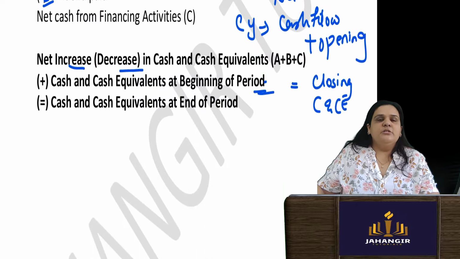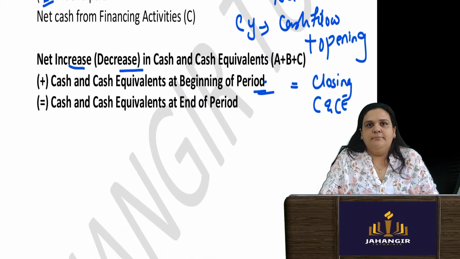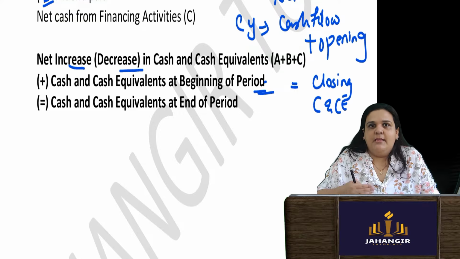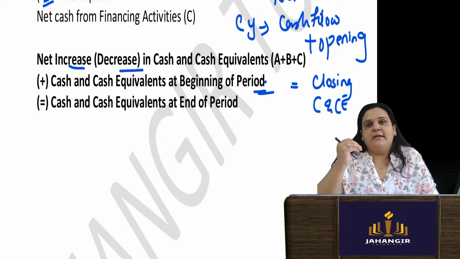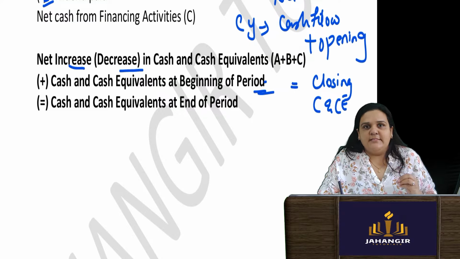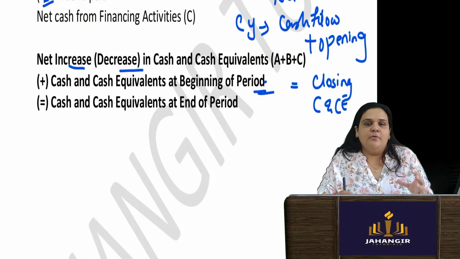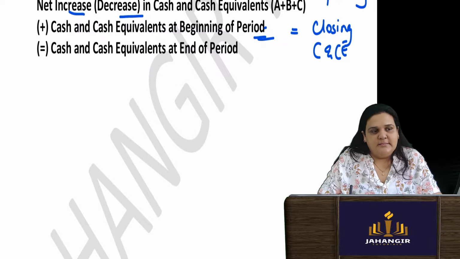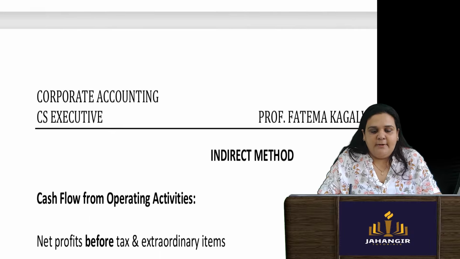Alright. So this is just the direct method. This is how in case of the direct method you are supposed to solve it. Just see whether cash is coming in or going out, and which activity it is. We are going to read a sum, classify which activity, and then understand whether it is coming in or moving out from the business. Okay, so this was the direct method.